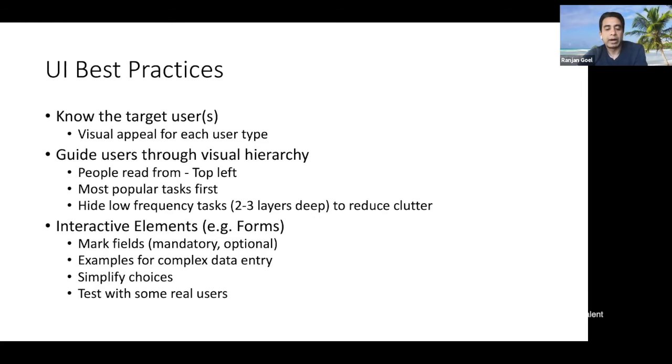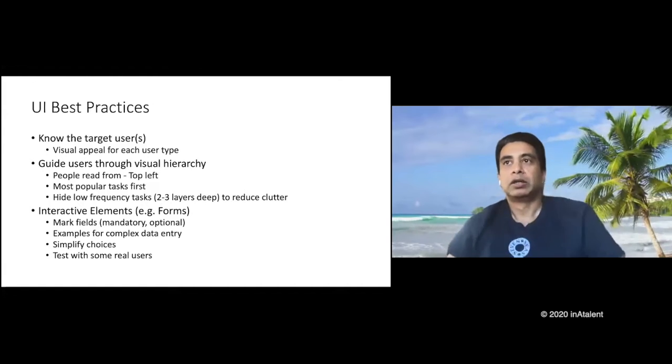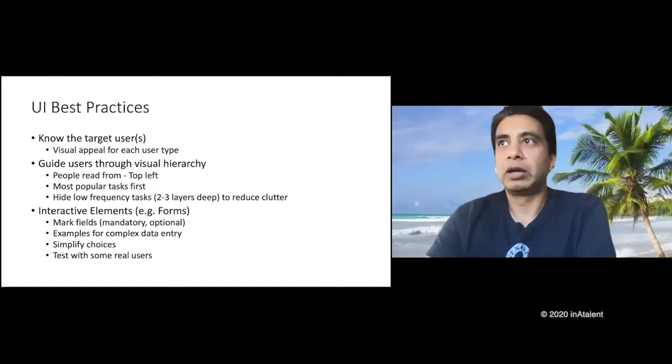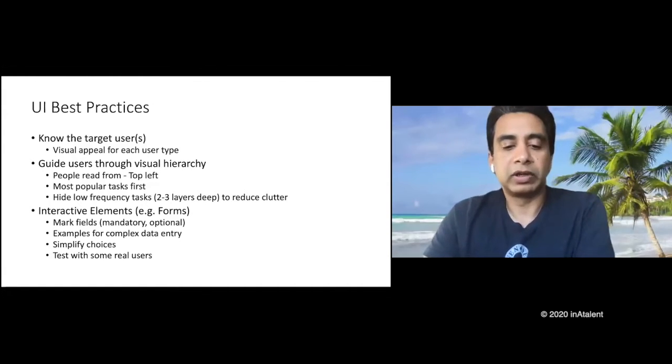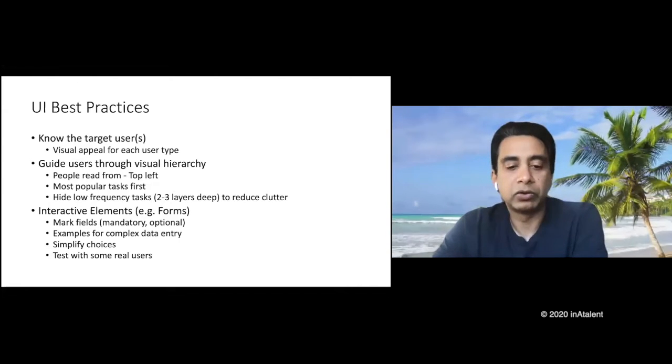customer user input, mark them mandatory or optional. And for optional, basically, you assume people are not filling those in if you mark anything optional. So your site should still be functional, and you should have some defaults in these fields. And whenever there's a very complex data entry, just give certain examples so people understand what they have to enter. Because the worst thing is people get frustrated and move out of the site because the form entry was very complicated. They didn't know what type of data they have to enter, or they tried to enter the data 1 or 2 times, it gave an error, and then they just got frustrated.